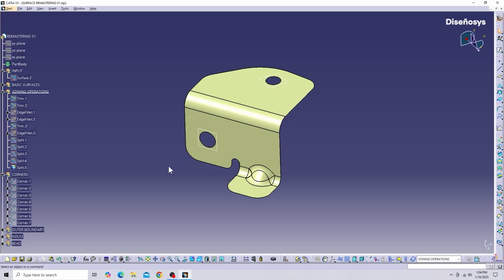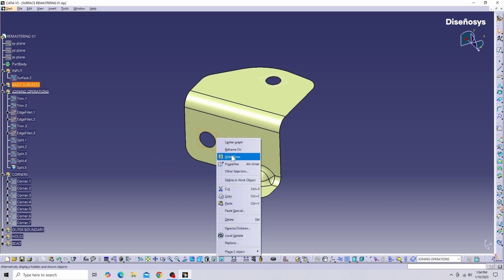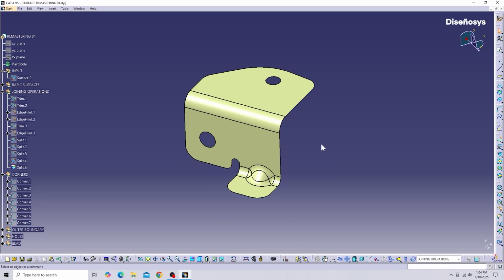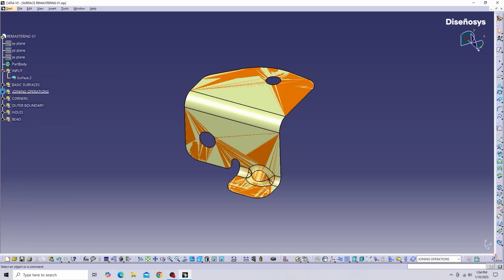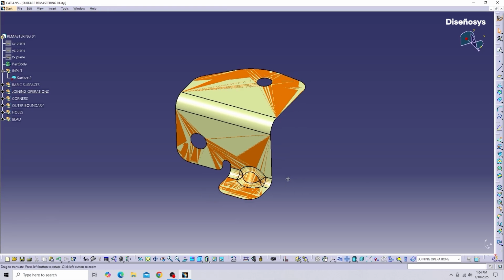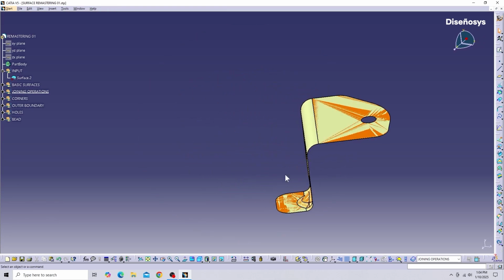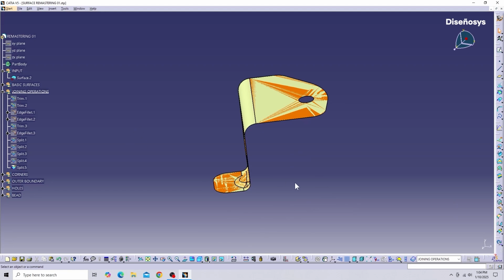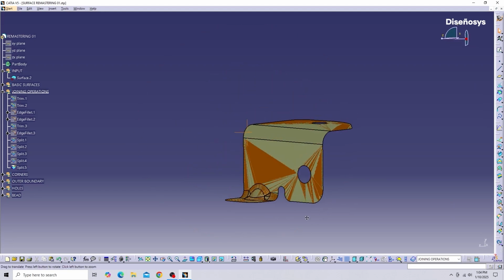Step 49. Checking the input and output. Now that the remastering process is completed, the next step is to compare the input and output geometries to ensure they match. This is done by visualizing both models and making sure that all the remastering operations have been executed correctly. 1. Rotate, pan, and zoom the input and output geometries in the workspace to examine their alignment and verify